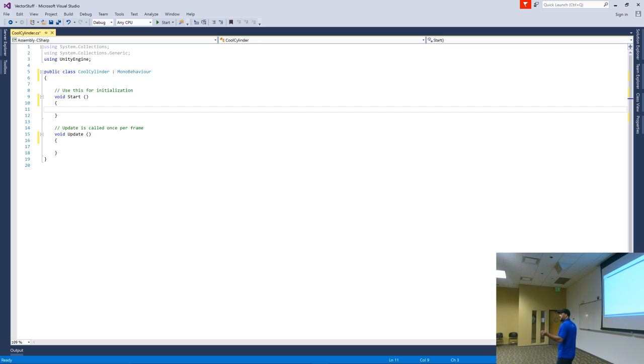This, because I just added a component. I use the rigid body velocity, which is contained by the rigid body. So I need access to the rigid body in this script. Does everyone remember that if I attach the script to a game object, I have access to it eventually, but I have to get it off of the game object. So once I get on this thing, I know about my game object.